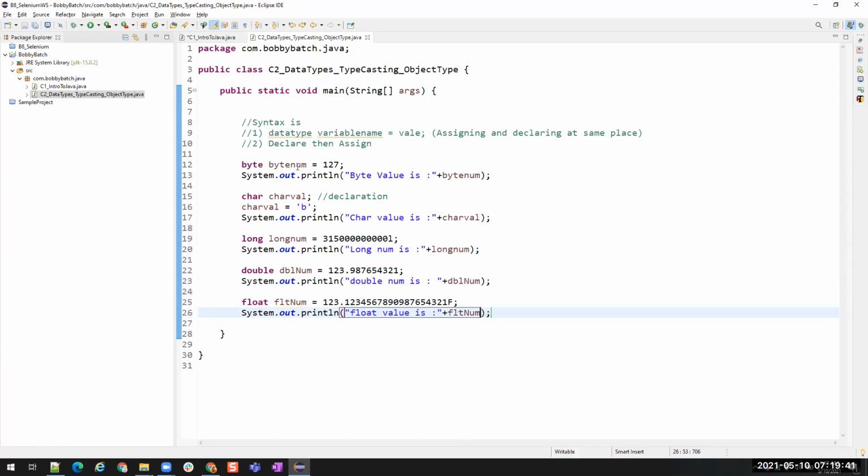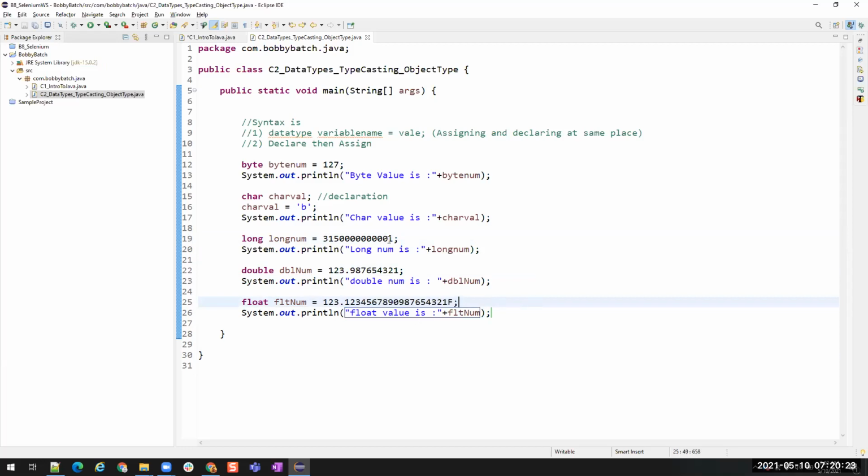Now we have created a byte, char, all the different types. Byte is a normal number, there is no need of appending special characters. But for char, we need to use single quotes. I have shown you a sample. Without single quotes, it won't be treated as a character. And for long number, you have to append letter uppercase L or lowercase l. To store decimals, we have double, and for float numbers, we have to add a small f or uppercase F to the number.